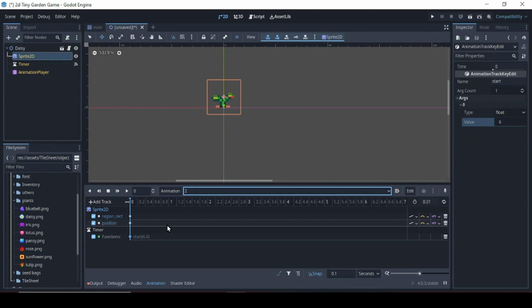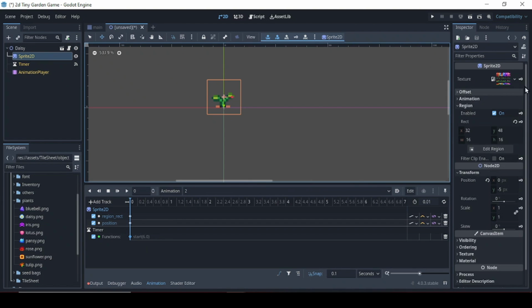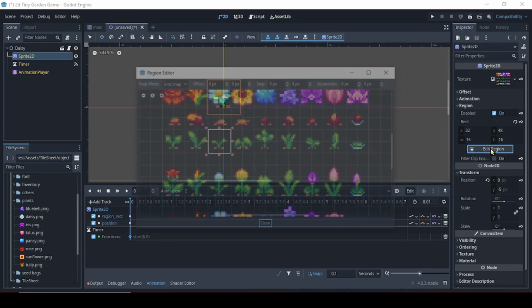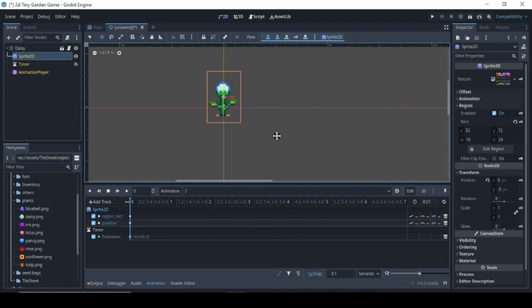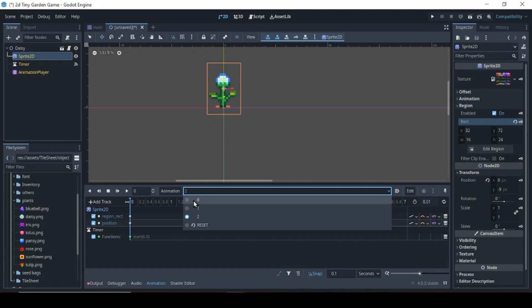Then we'll also need to set the edit region. So snap this, close, reposition this. Right. Let's add the keyframe. Add these two. Okay, now